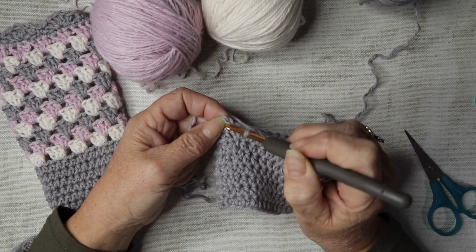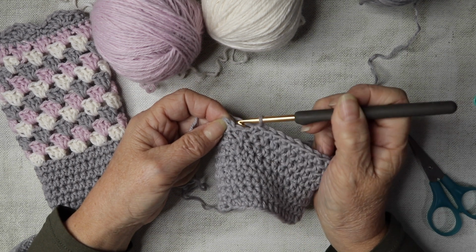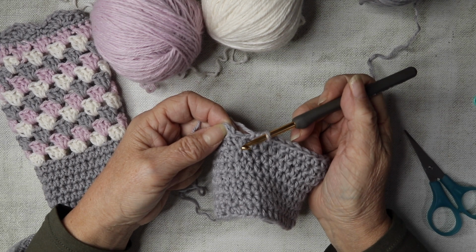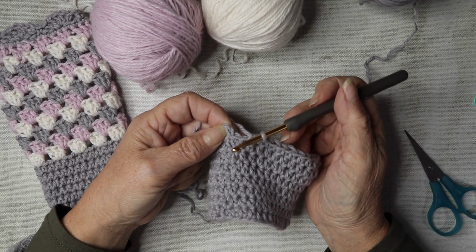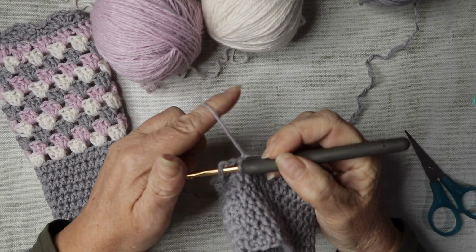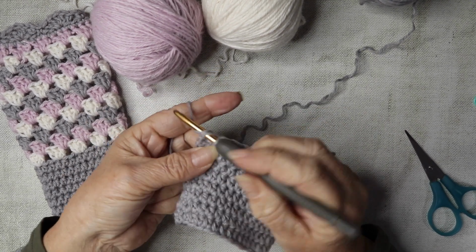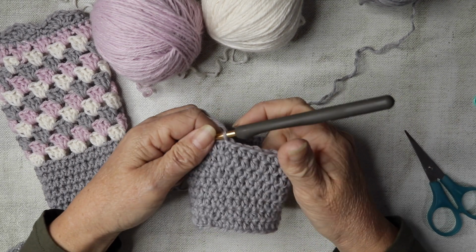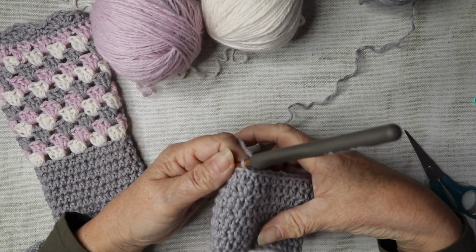Would it be in there? Would it be in there? Or there. So that is the reason why I recommend putting a stitch marker in, especially if you're just learning and you're new to crochet. So we know that's where our hook's going to go, so insert your hook and we're just going to slip stitch it closed. Now because of changing colour here,